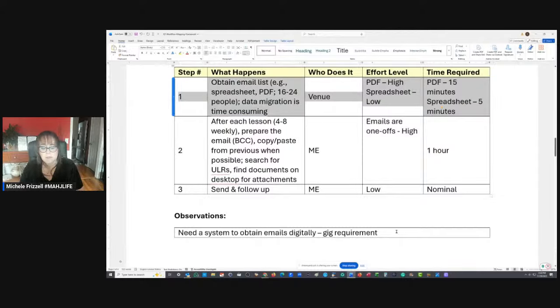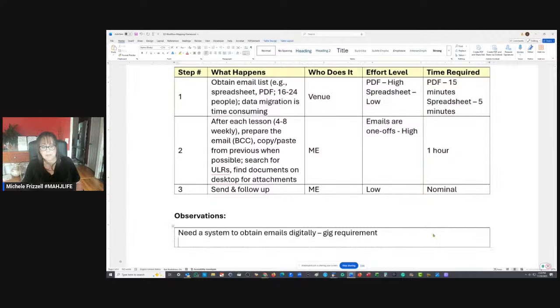And then the other thing that I'm seeing here is you need, do you have an email list of your own, like a spreadsheet? Or do you use MailChimp?